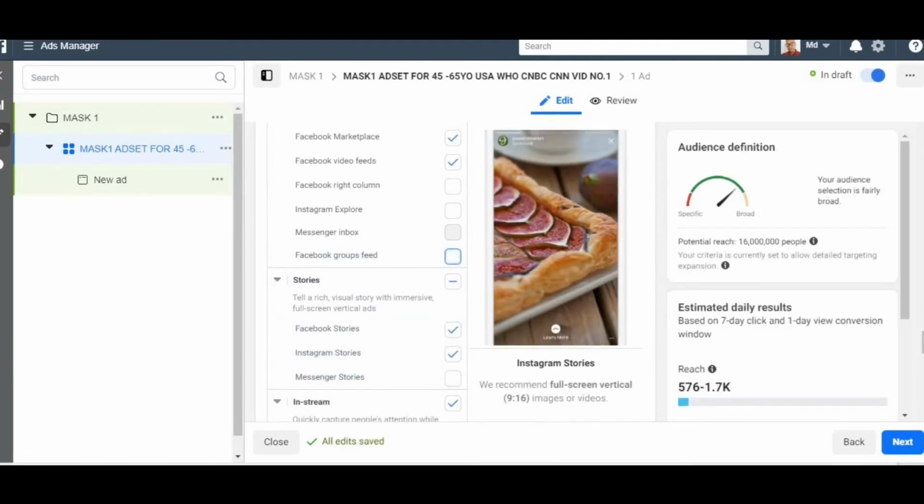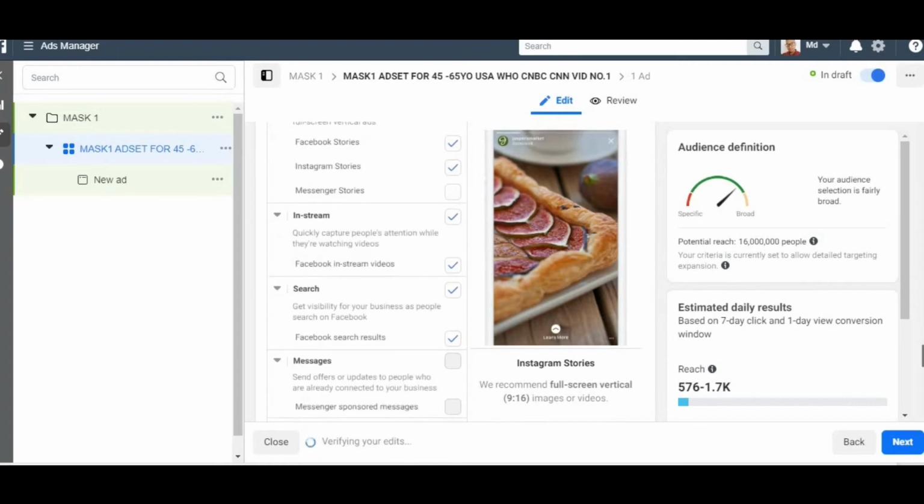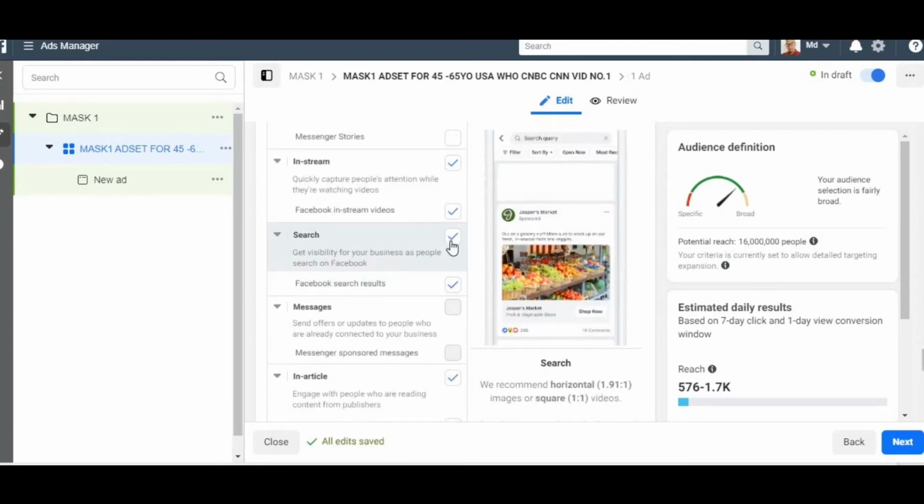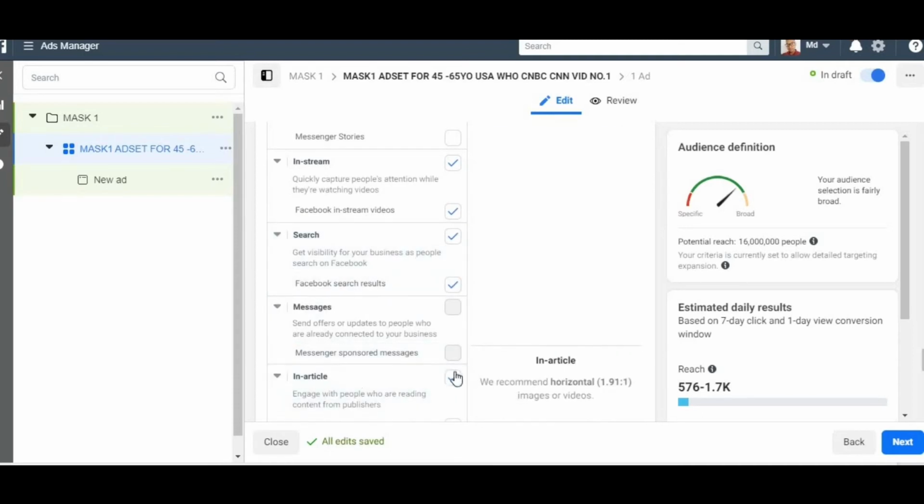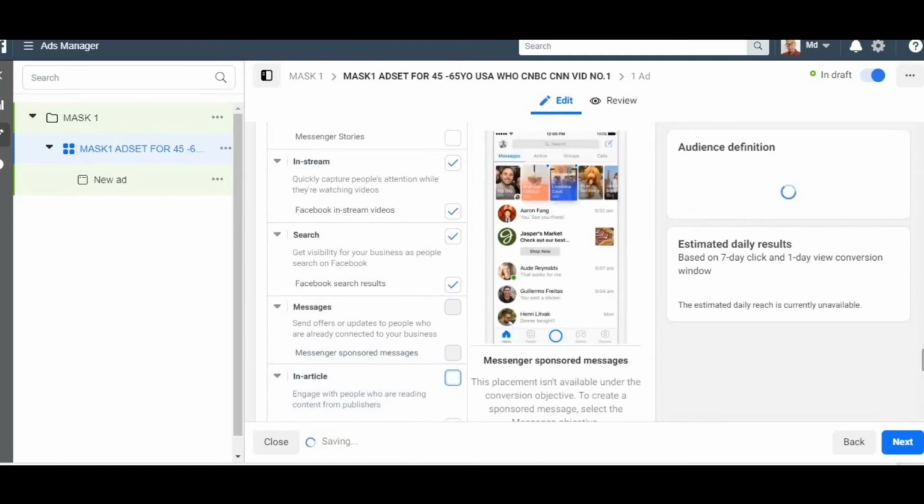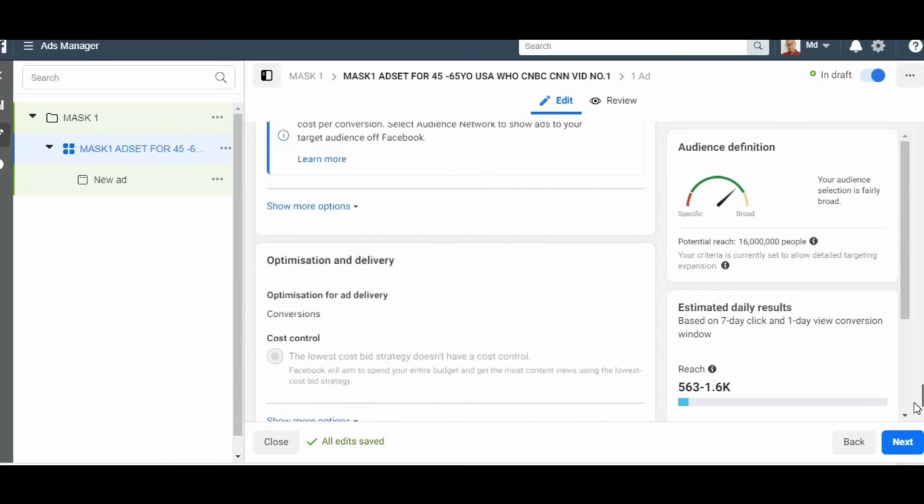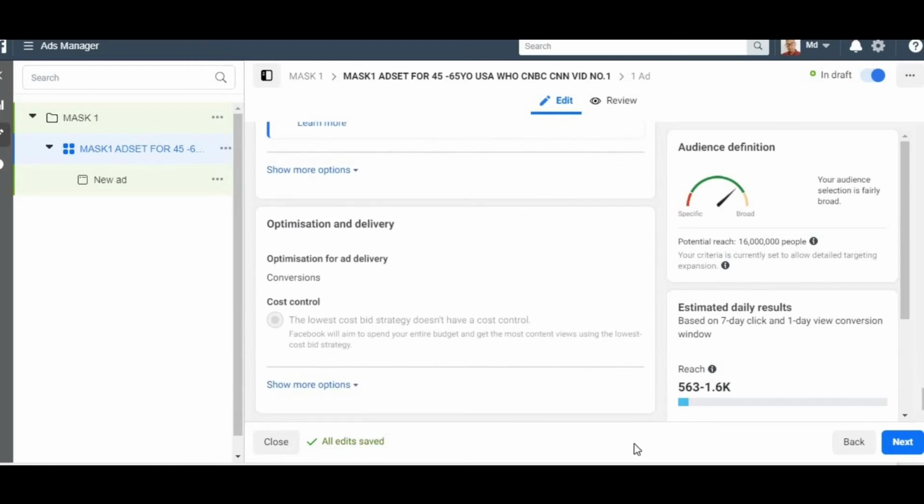Facebook stories, gonna keep it. Instagram stories, gonna keep it. In stream, on search, I don't need it. Actually, search, I'm gonna keep it. So Facebook watch, search results, I'm gonna keep those. So do as per as you need. Once we set all these up, we're gonna hit next. So our ad set has been set up,